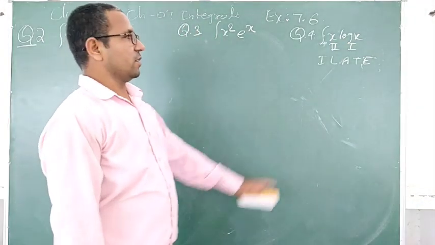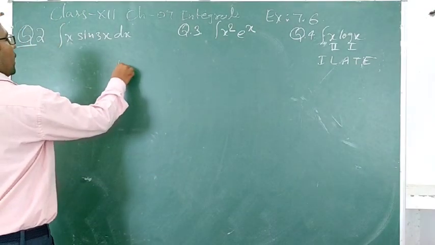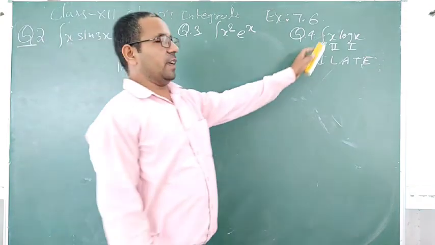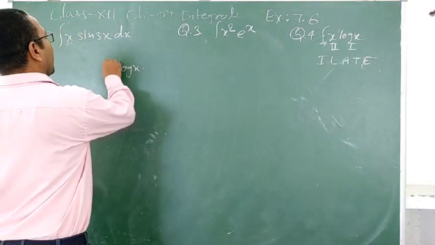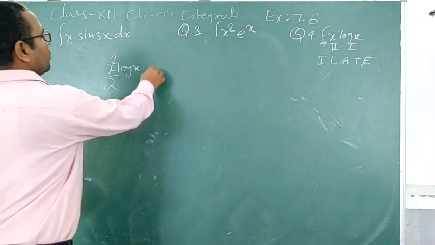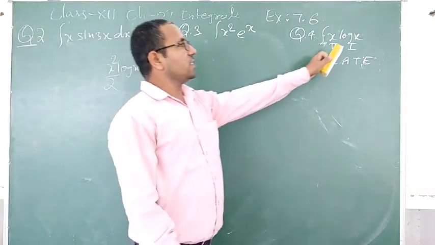So now we will substitute in the formula. So the first function is log x, the integral of the second function, the integral of x, how much do you get here? x square by 2. So x square by 2, the integral of the second function,